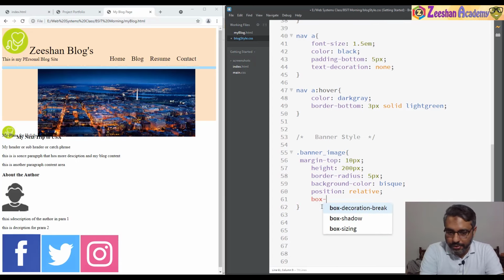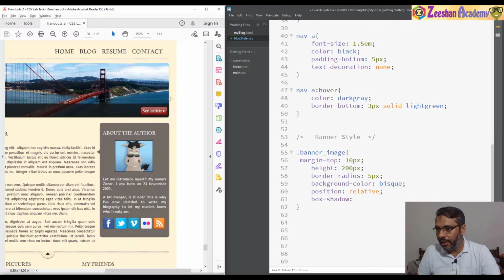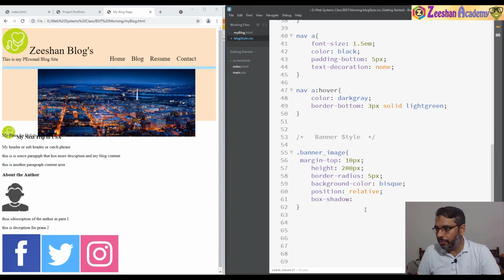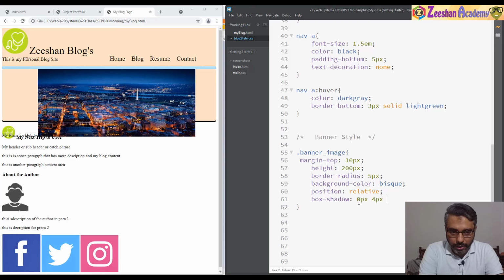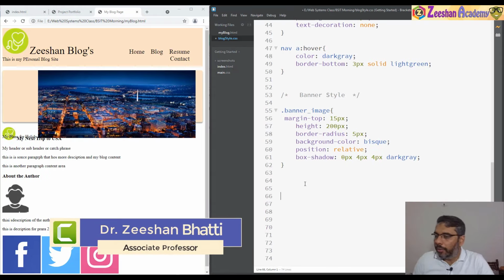Sometimes we tend to give this CSS style, box shadow. What this basically means is that I need to have that box shadow kind of an effect, if you may get it. So for that, basically I need to have it on a 0 pixel with 4 pixel value, and then 4 pixel value, and then it needs to be dark gray. Okay, so now as you can see, we got the image, we got the shadows, and we got